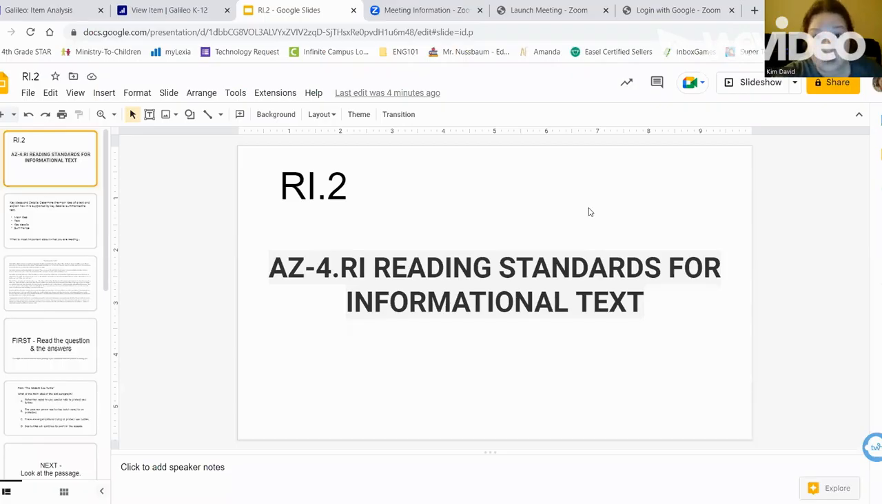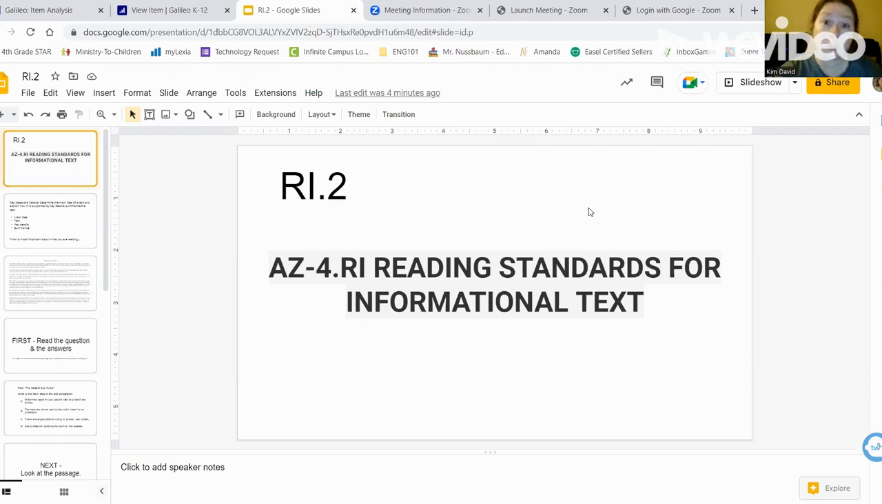Hey, fourth graders. Today I am going to show you something that we are going to be working on in class, and you are actually going to take a quiz on later this week. But I want you to be able to see me go through the process so you know exactly what you need to do. Because one of the quizzes that you're going to be taking is a Galileo quiz, and it is labeled